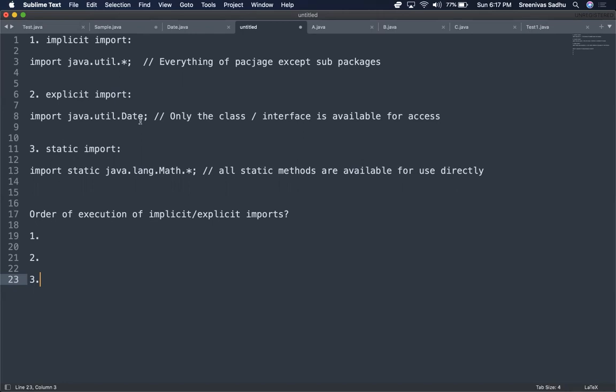Here the static keyword comes into the picture. Now you can statically import the methods of a class and use them directly. Static import imports all the static methods of a class into your program, and you can use them directly because they are all static methods. As an example,